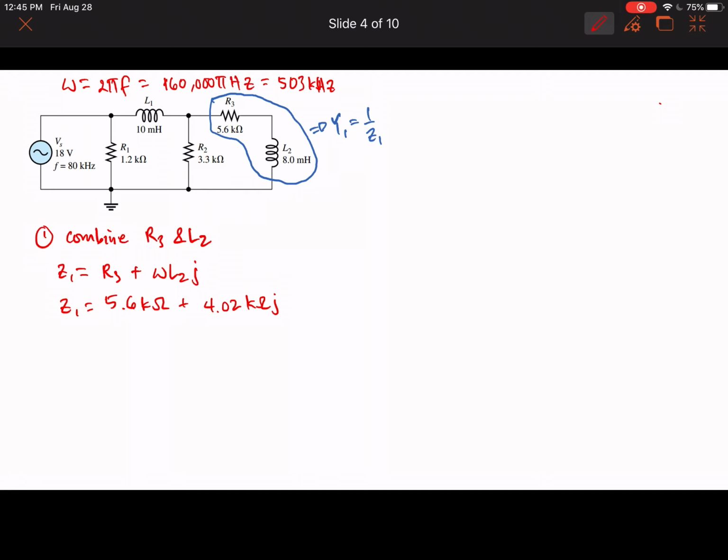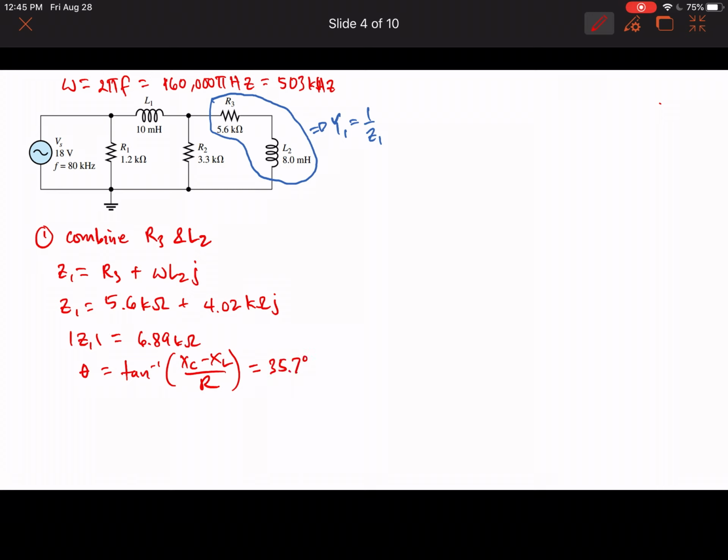Okay, let's get the absolute value of Z1. Z1 is 6.89 kilo ohms, and its phase angle, if you recall, is XC minus XL over R, where XL is just here 4.02 kilo ohms. So this will give us